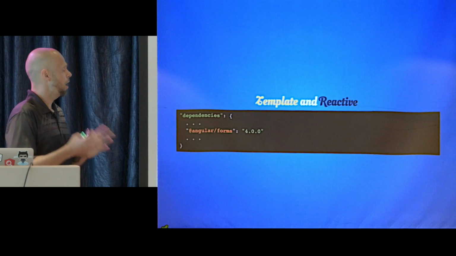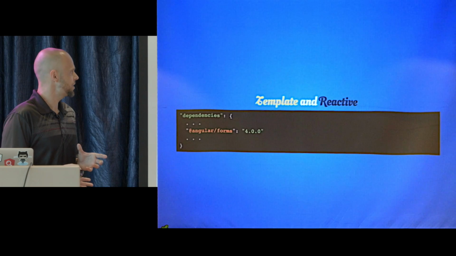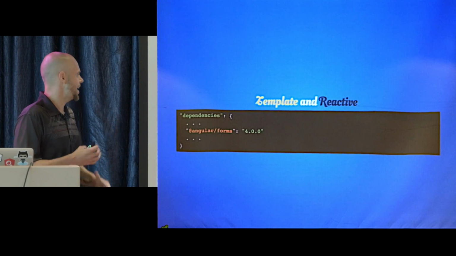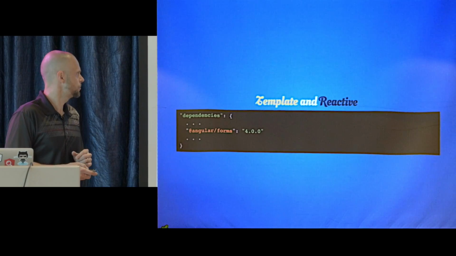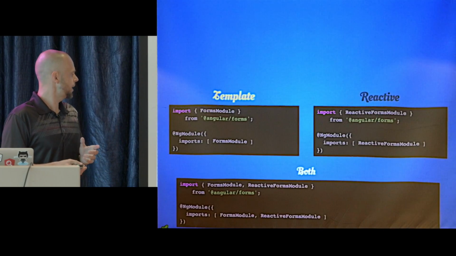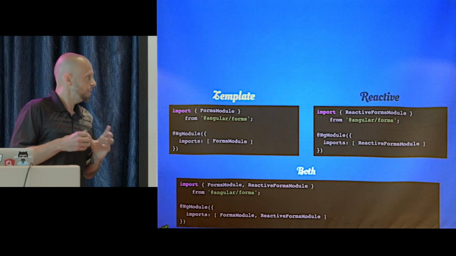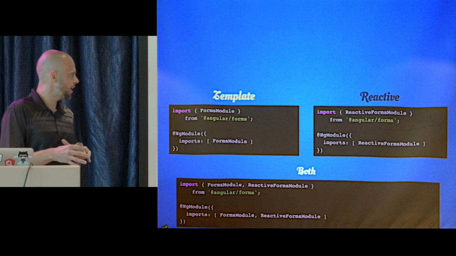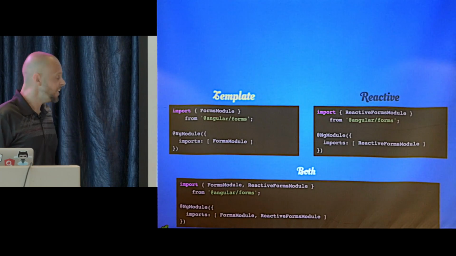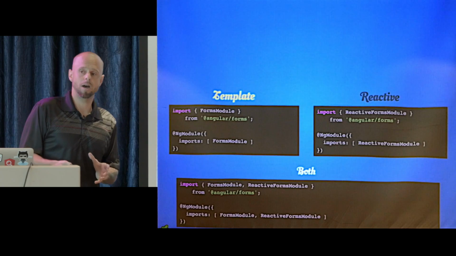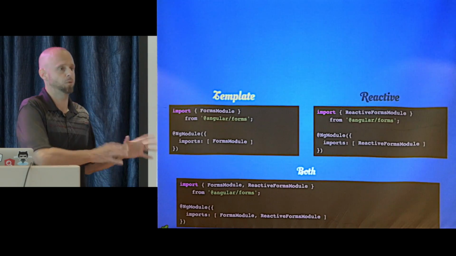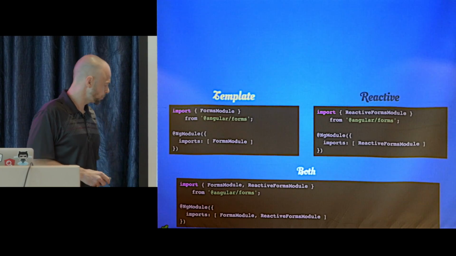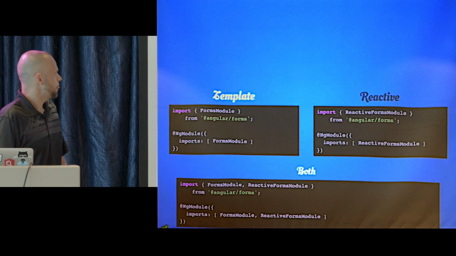So all the forms code comes from one scope package, so we can import @Angular/forms as a dependency for each of these. Now there's two ngModules, one each for template and reactive, so things get a little bit different here in the beginning, but we can bring those in at any ngModule level that we want within our application. It doesn't have to be just the root level. And we can actually have them both in there at the same time if we wanted to. All right, with the